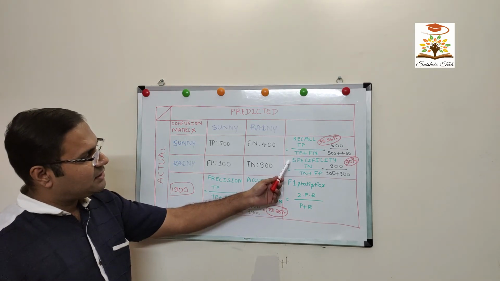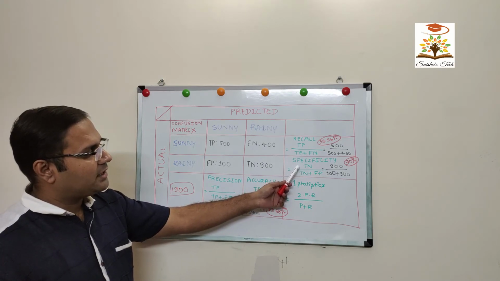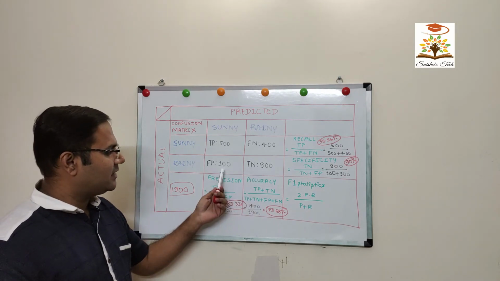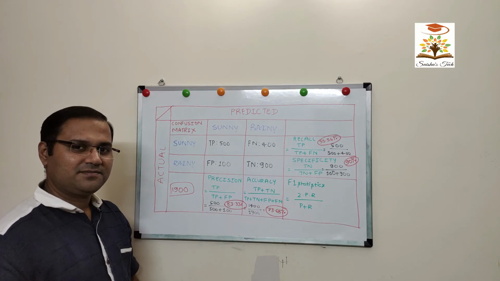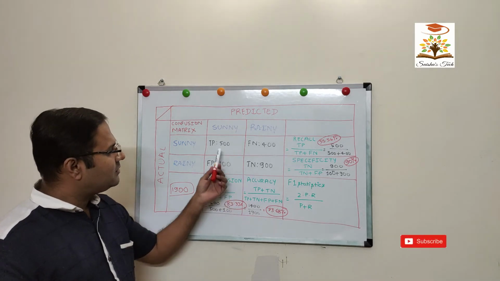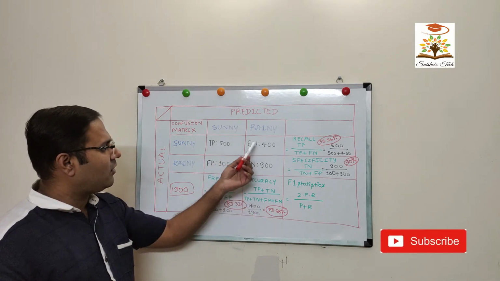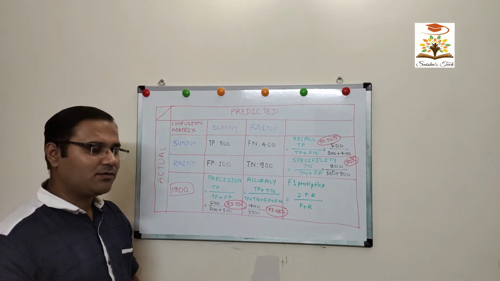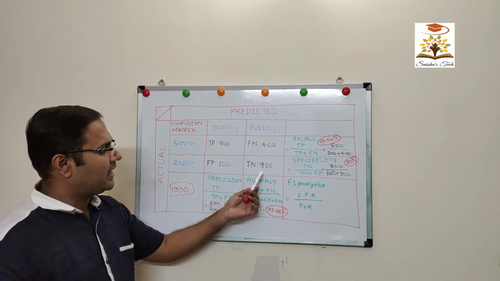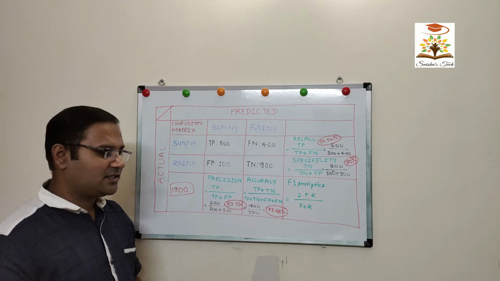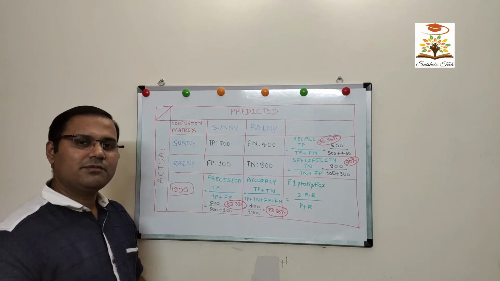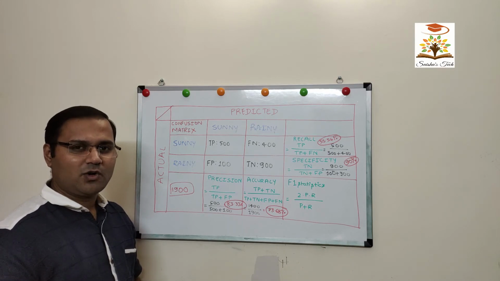The specificity, which is given by the formula true negative divided by true negative plus false positive, is 900 divided by 900 plus 100, that is 90%. Accuracy, which is widely used in the industry, is given by true positive plus true negative divided by all the parameters of the confusion matrix, which is equal to 500 plus 900 divided by 500 plus 100 plus 400 and 900. And after calculation, we get 73.68%. These were some of the metrics to evaluate the performance of the model.